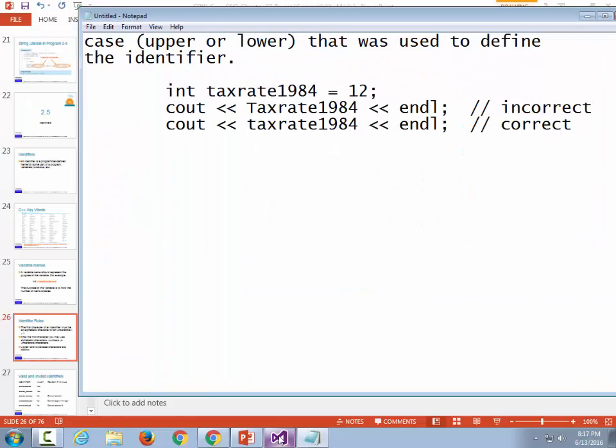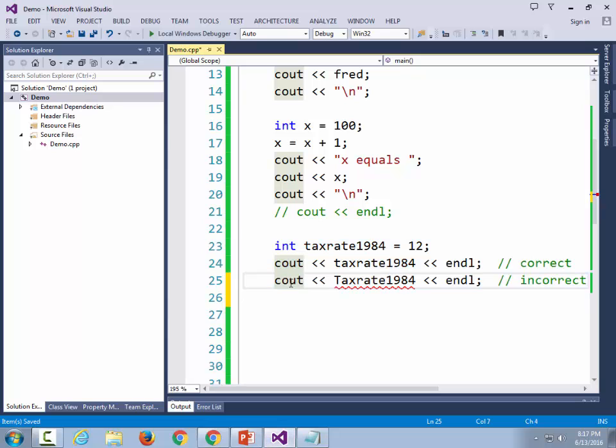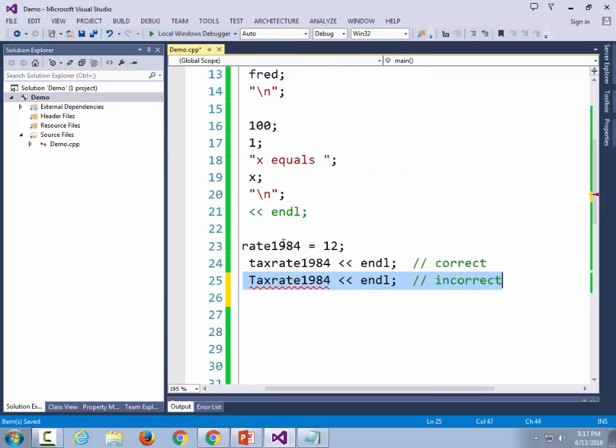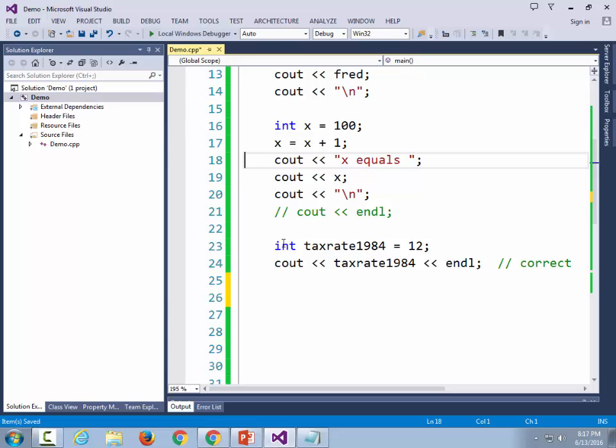That also has a few weird side effects. That means that lowercase x means something other than uppercase X. I've been using this variable x up here. Later on, if I come down here and I say X is equal to 10, that's not going to work. But I could have two variables going on. I could have lowercase x and I could have uppercase X. And that's really obnoxious. Never use two variable names that are the same except for the case of the letters,